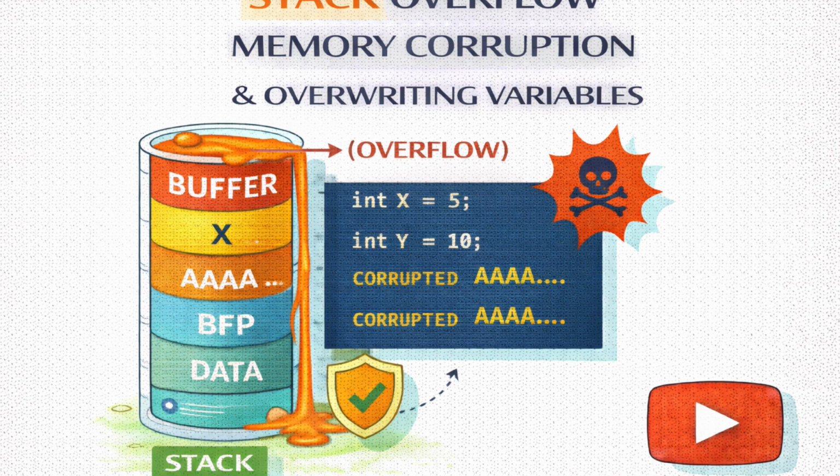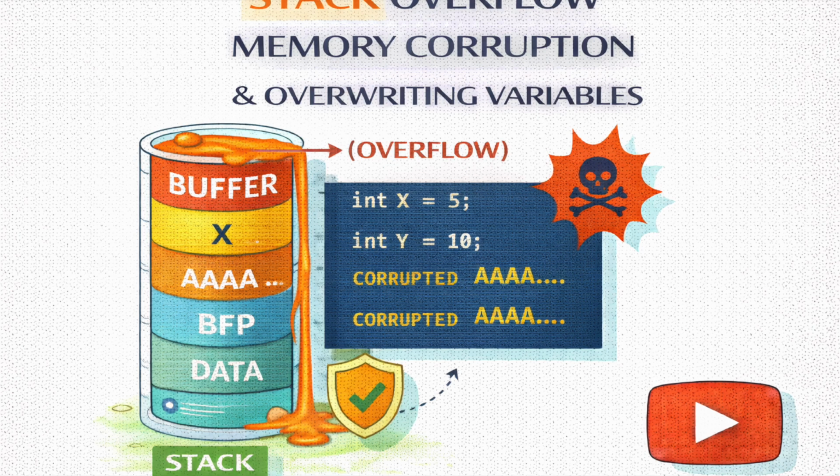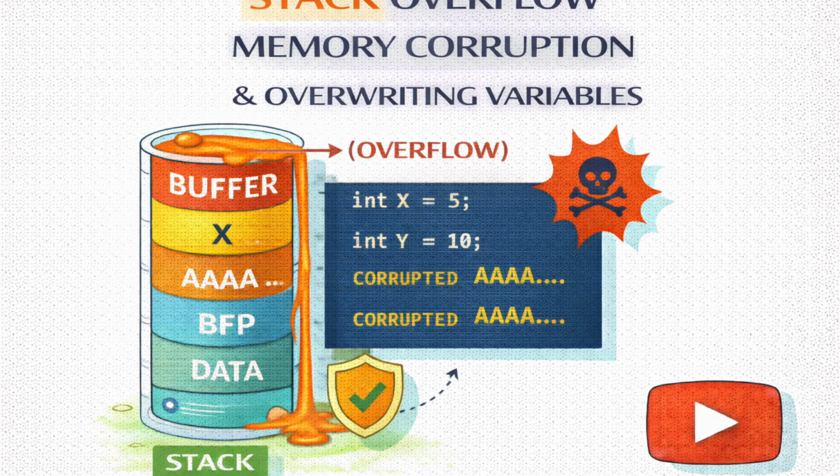And here's the math. The password buffer is exactly 16 bytes long. When you type 16 A's, you fill the bucket perfectly. Okay, so far so good. But you type 17. That 17th A has to go somewhere. Since auth flag is sitting right next door, that A gets written directly into the memory space of auth flag. So auth flag is no longer 0, it's A.